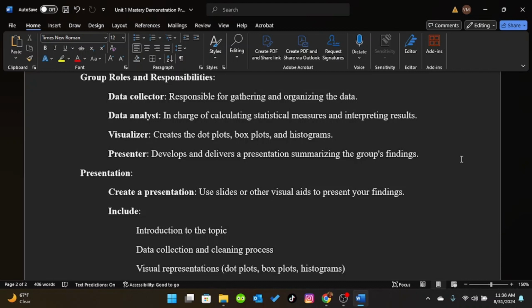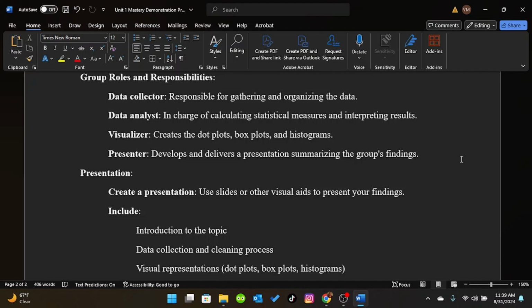I'm going to want to make sure everybody understands how to use the shape of a distribution to determine the measure of center and determine the measure of variability. I'm going to want to make sure everybody understands how to identify outliers. But it can help to give roles to each member in your group. So if that is how you want to work as a group, then some roles that you could have is